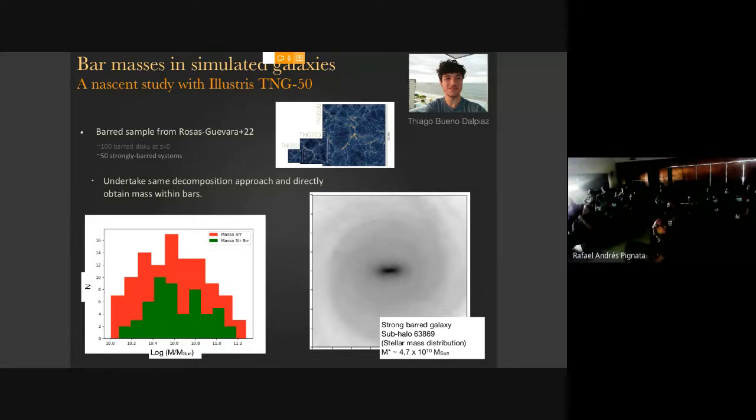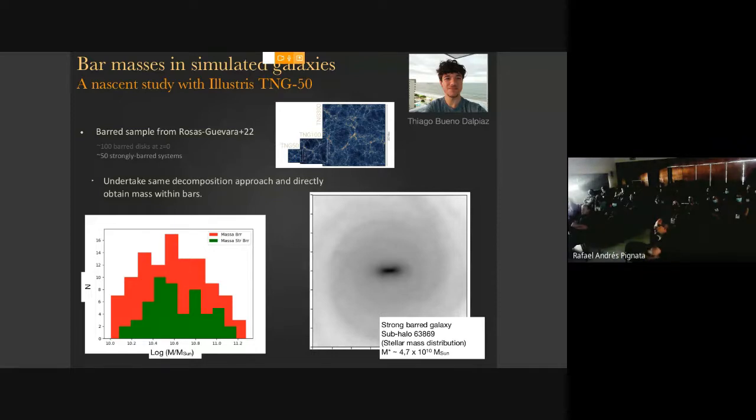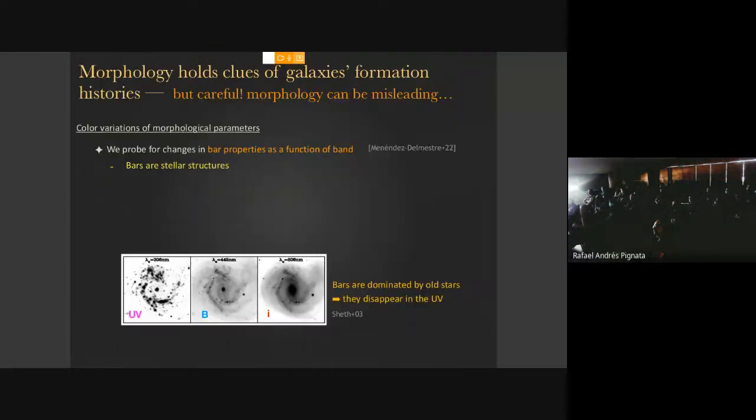We have actually just focused now on these massive galaxies, and the idea is to implement the same kind of work that we did with the other observations, look at the mass contained, and see how simulations are doing with respect to what we observe. So we're quite excited about doing this comparison.